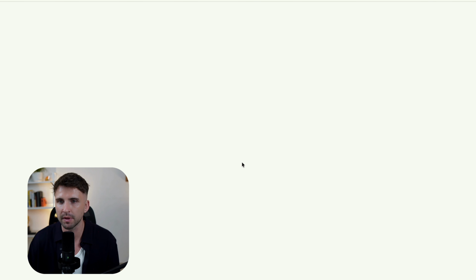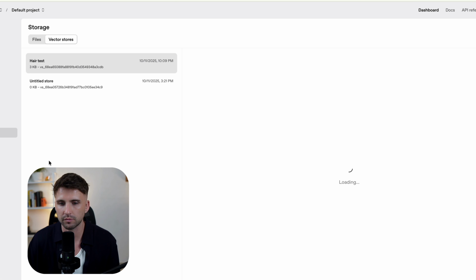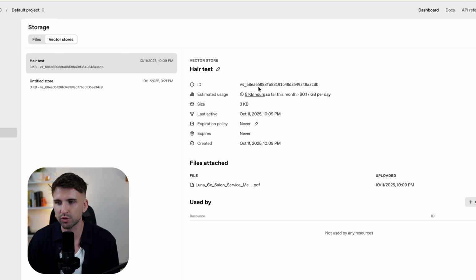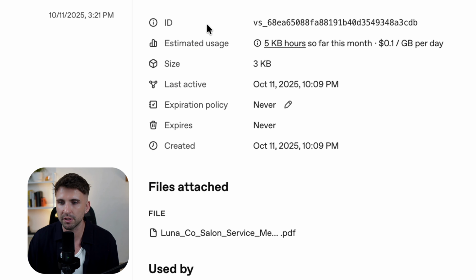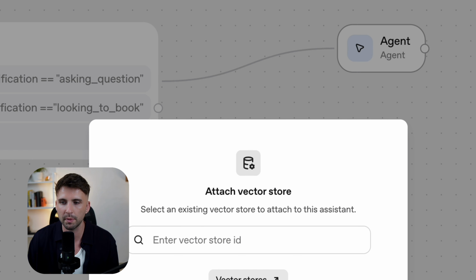When you click on here, it will take you to your vector store. And now within this vector store, which I'll be deleting later off my agent builder here, you'll see I've got a file attached, which is this Luna Co Salon Service PDF. What this was is I just got ChatGPT to generate me a list of services and prices and some information about a fictional hair salon, and then I just uploaded it onto this vector store, and it's as simple as that. Now what I want to do here is copy this ID, so I've copied it,